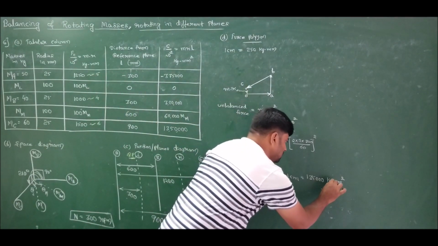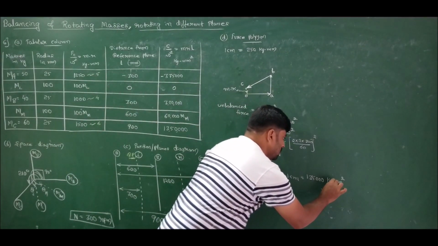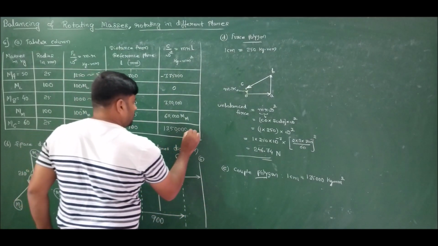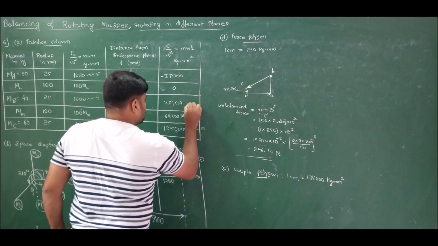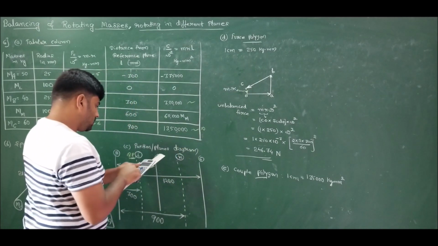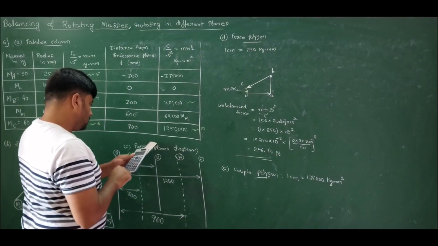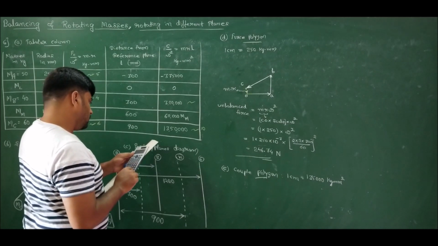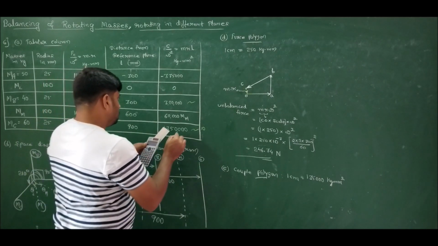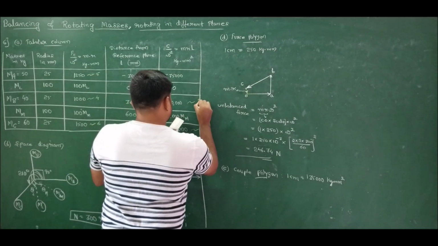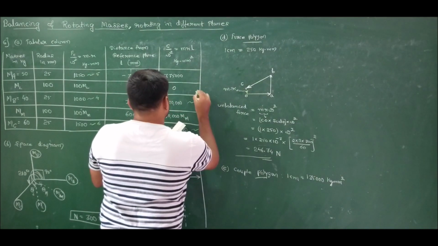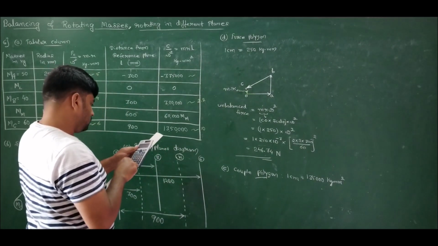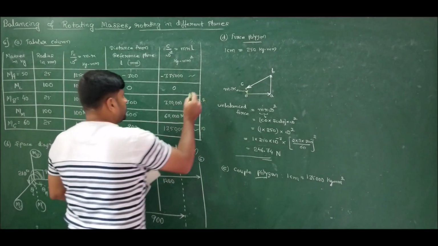This trick I already explained in all the problems which we have solved so far. That is, choose the maximum value and equate it to 10 centimeters, then find out the value for 1 centimeter. Now this will become 10 centimeters. This will become how much? 3 lakh divided by this will be 2.2 centimeters, and this will become 2.8 centimeters.